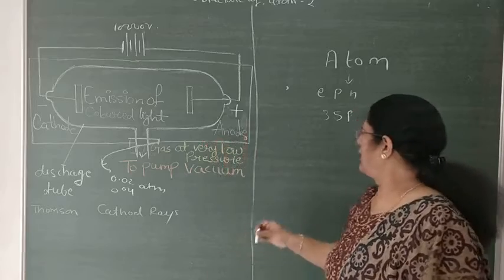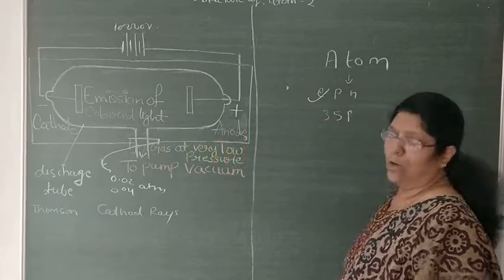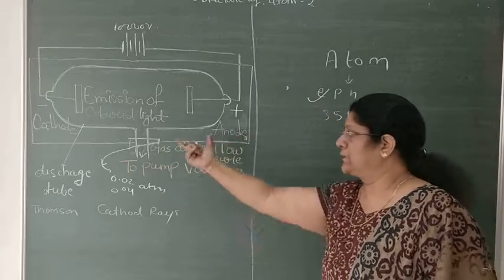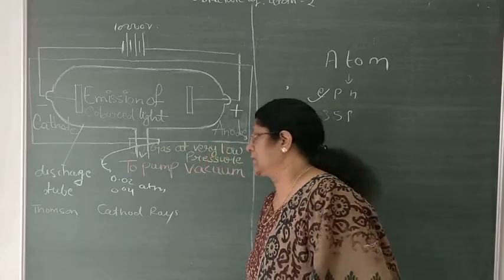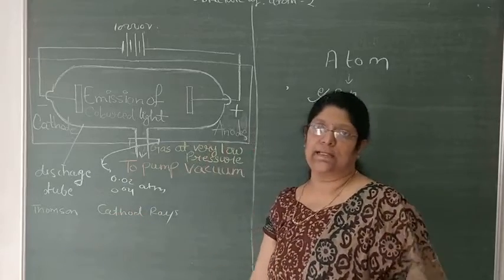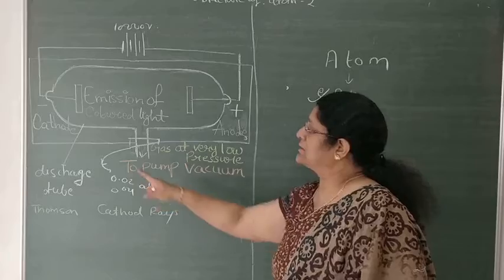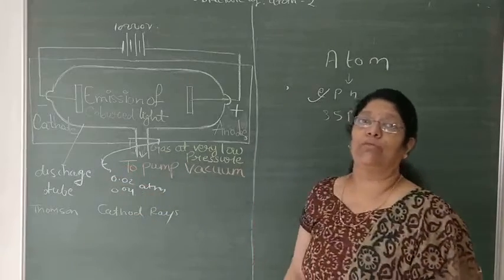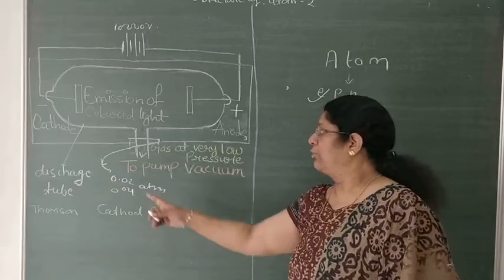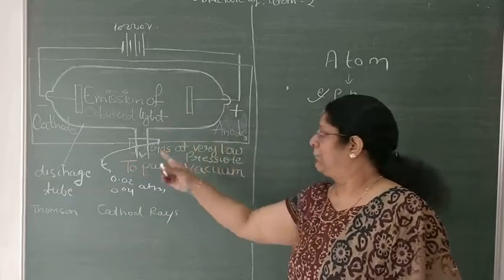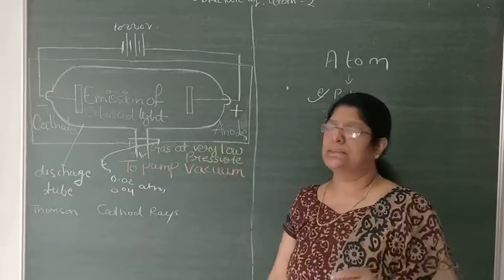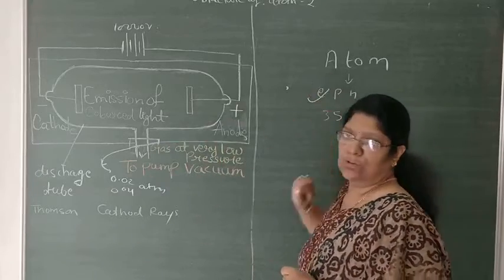Now we are talking about how the electron originated through cathode rays in any atom, that we are studying. So we will study about cathode rays. Thomson was the scientist who took a discharge tube made up of Crookes glass to find out cathode rays. Through that we will know about the electron.